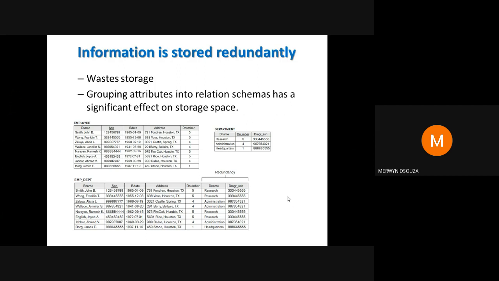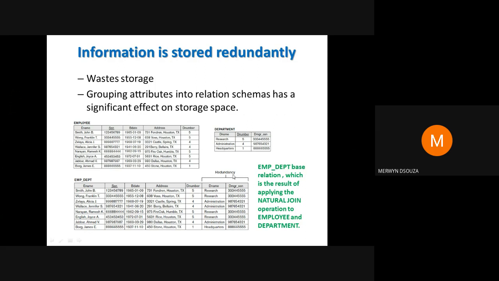As you can see, this is the result of the join of the two tables, and it consumes a lot of space. It wastes a lot of storage.